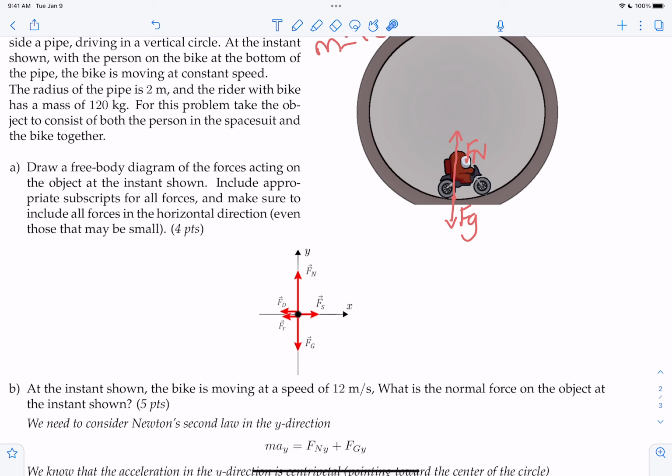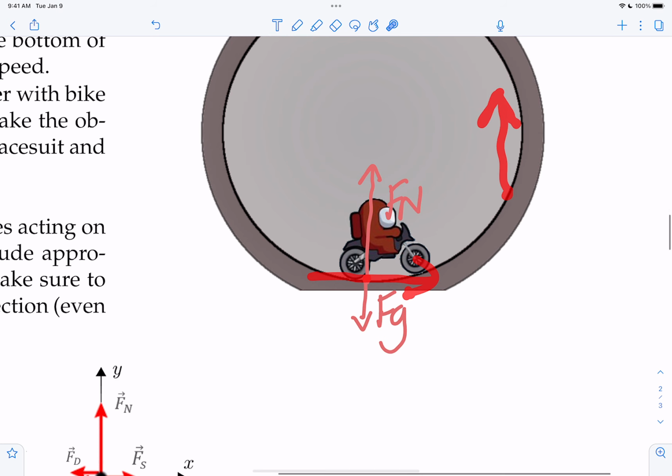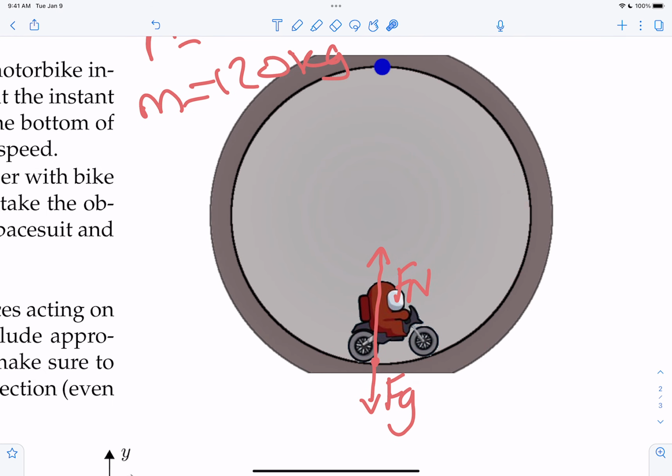Now, when they want us to include all forces, right? Since this is a bike, with tires, it's going to have some traction, it's going to have some grip, right? Now, we know that the force that offers that grip is static friction force, right? Now, as opposed to the other situations where we had static friction force pointed towards the middle, well, we have to look at what exactly is going on here. Well, the bike is moving to the right in this instance, and it's also maybe, for example, moving upwards here, moving to the left here, for example, right? So static friction force